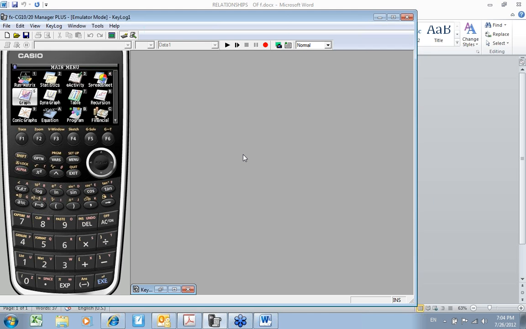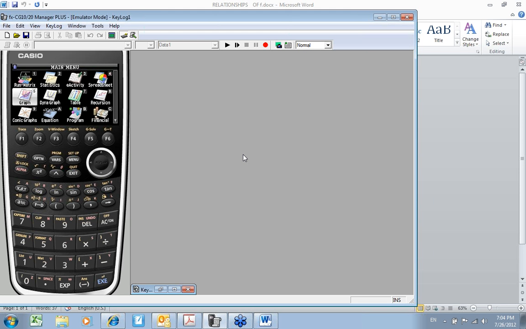AP is very big on calculators, as you know if you teach an AP class. Straight out of the AP manual it says you're supposed to use technology to help solve problems, experiment, interpret results, and support conclusions. So I think you'll see that that's a lot of what we're going to be doing in this activity.